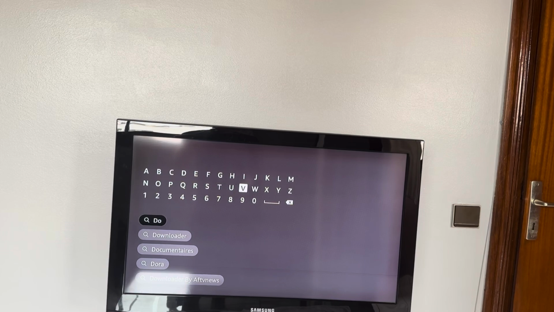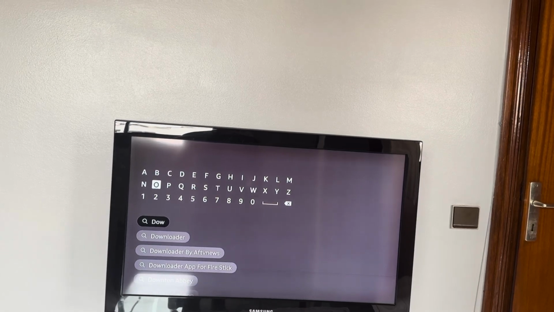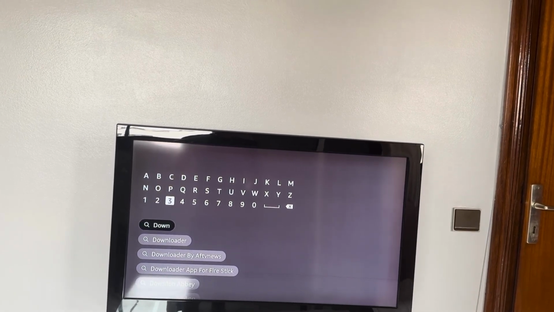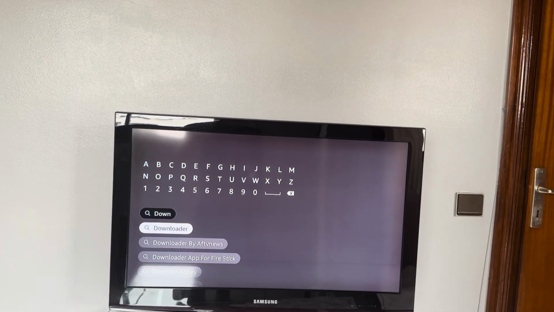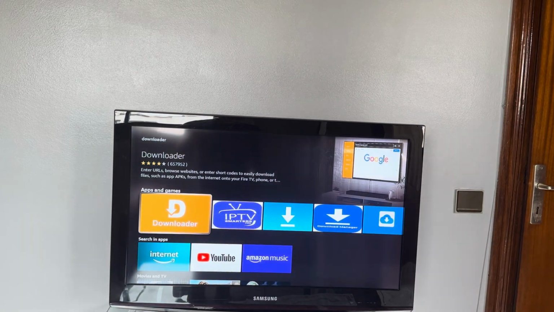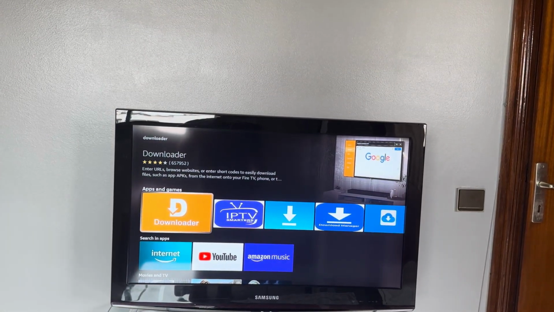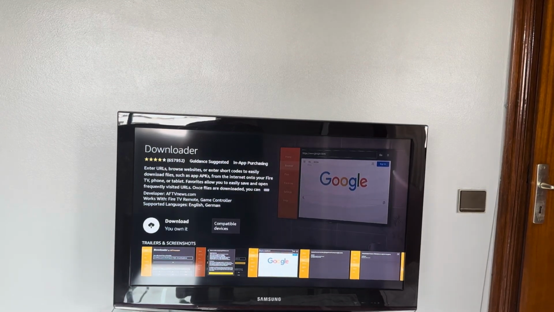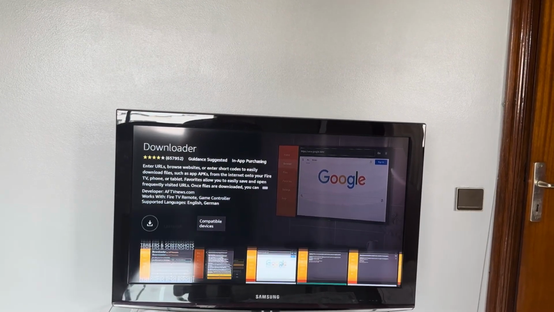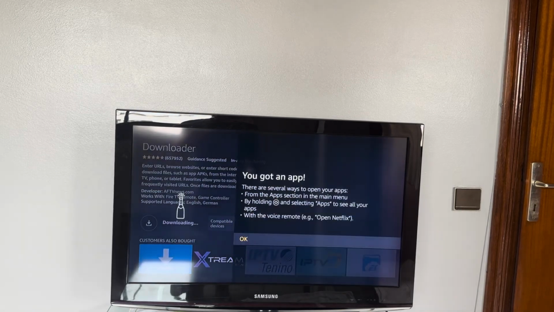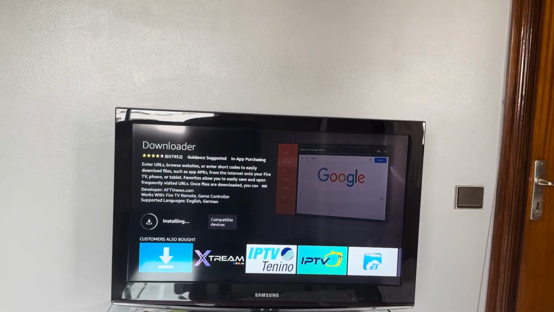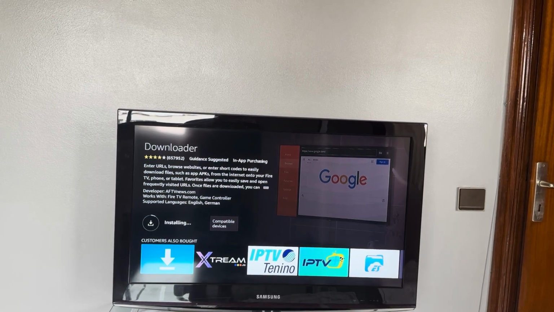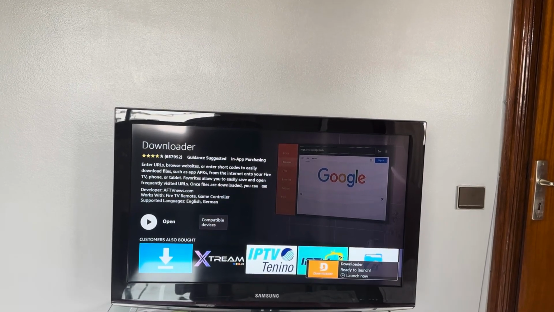Downloader is an app which will allow us to install StbEmu. So I can already see Downloader among the suggestions. I will just click on it. I will again click on this icon, Downloader. Then click on download. Click on OK. Wait for the app to get installed. Then click on open,